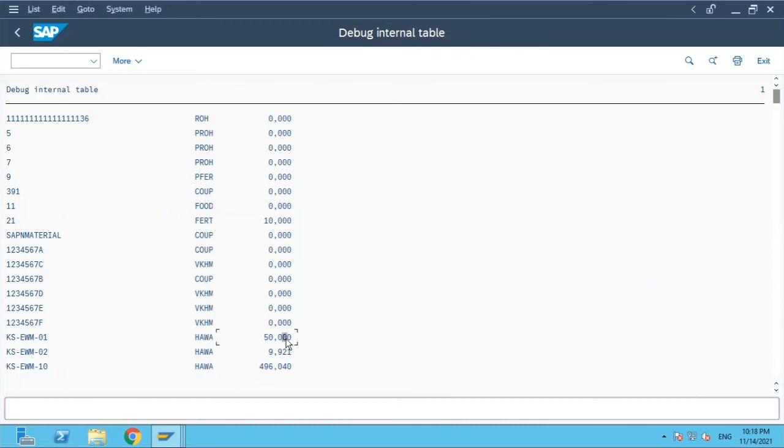So this is how you can change the value of a particular field in an internal table by finding out some other relevant field name and value, and then changing the value. Now in this case I showed you a numeric value. You can pretty much go and change any string value or any other value in the internal table while debugging. You have to be careful when to use it, and it should not create further problems.